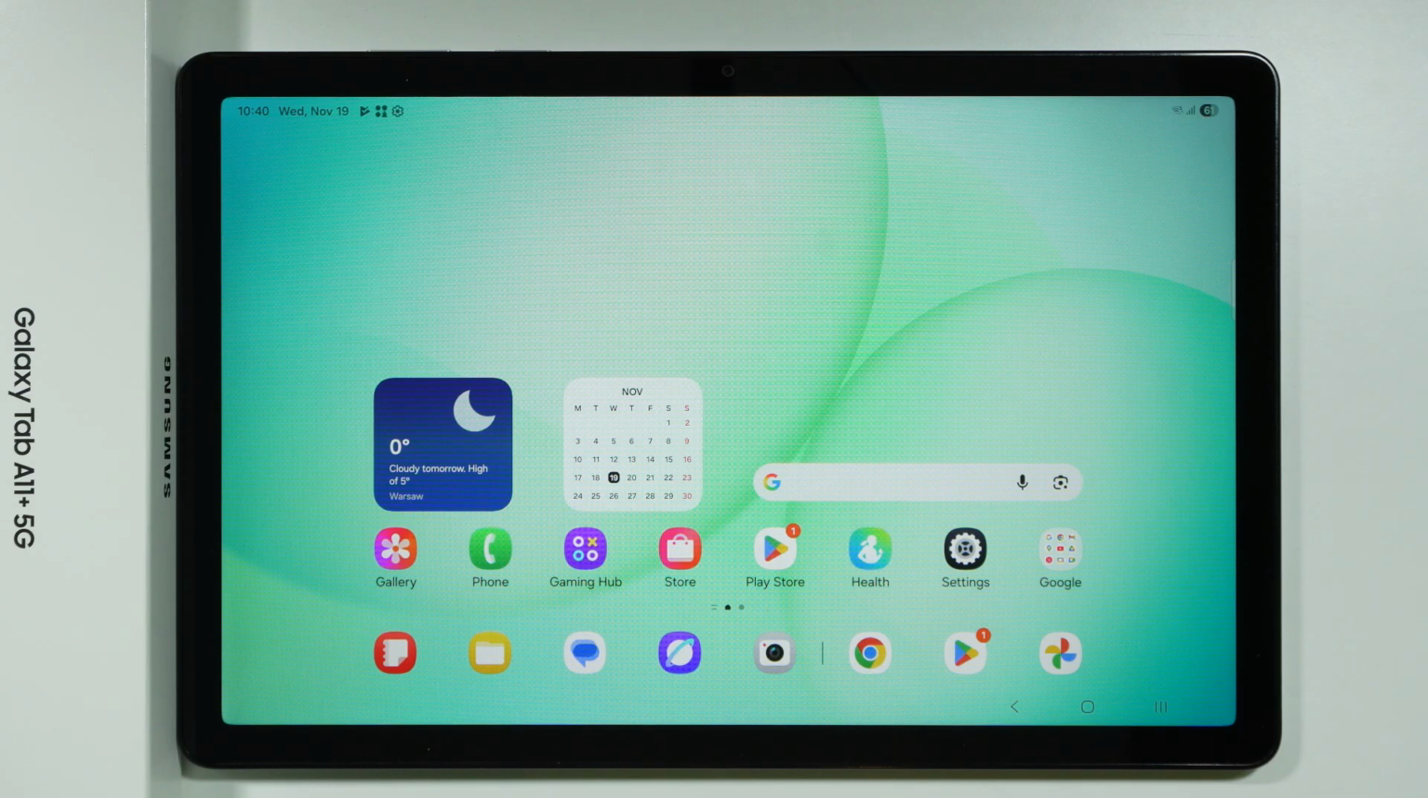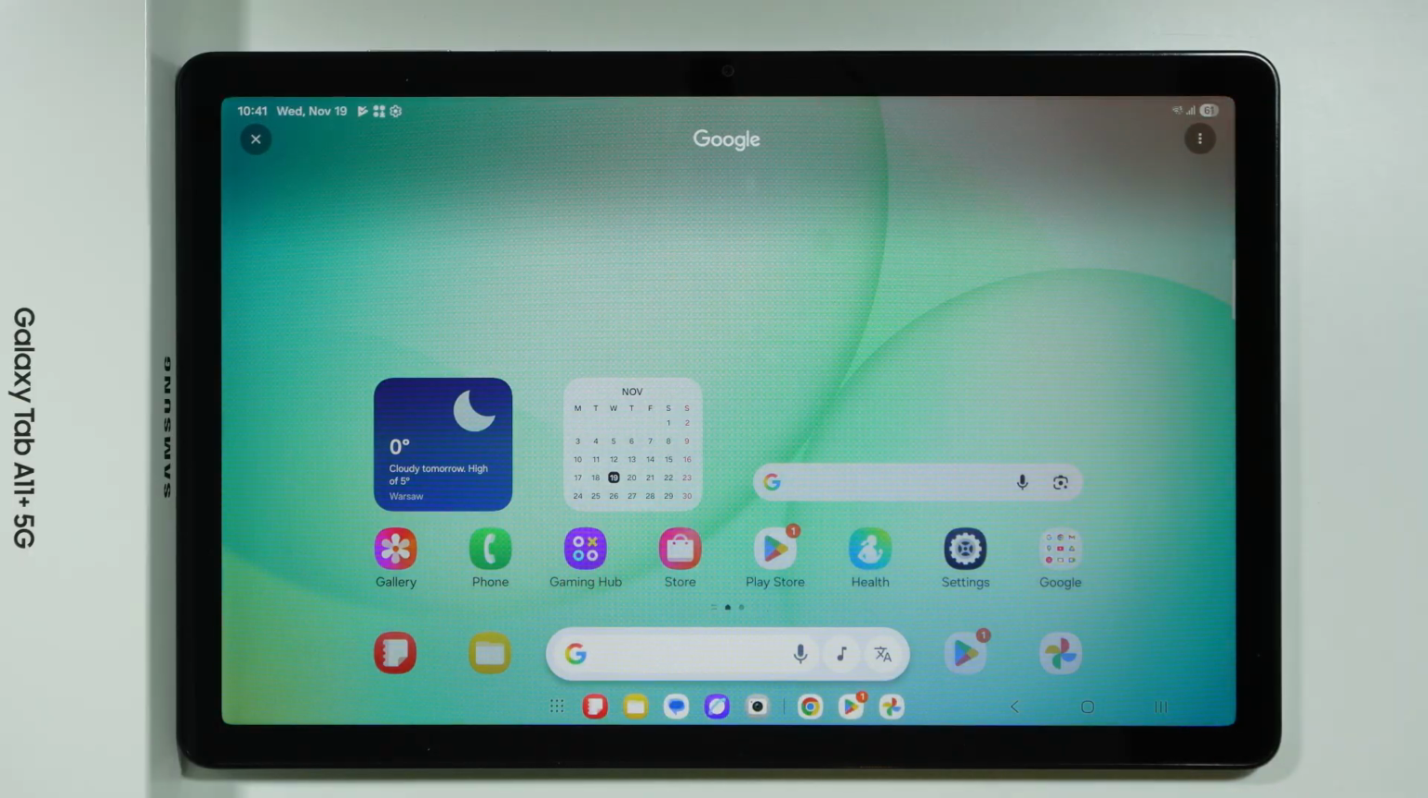If you want to use Circle to Search on Samsung Galaxy Tab A11 Plus, all you have to do is simply press and hold the home button if you use 3 buttons for navigation, or press and hold the navigation handlebar that you have in the middle of the screen at the bottom of it if you use gestures for navigation, swipe gestures that is. So in this case, if you press and hold your finger, you will open this Google overlay, and now you